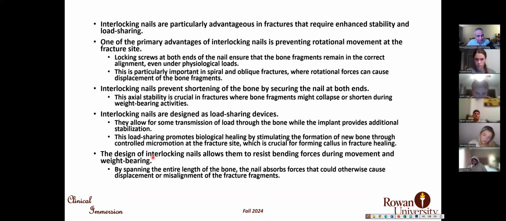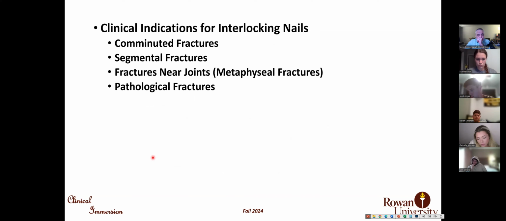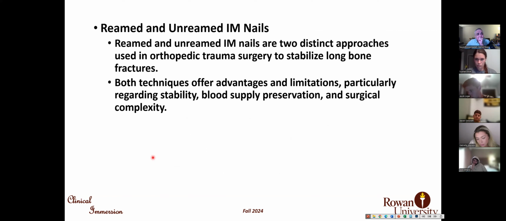We discussed yesterday, so if we have a load bearing device, if it is a plate, intramedullary nailing, or an implant, it is not good for us. We always try to use a load sharing device. And that is the beauty of locking, interlocking nails. And as I said, they are used for different applications. But one important concept